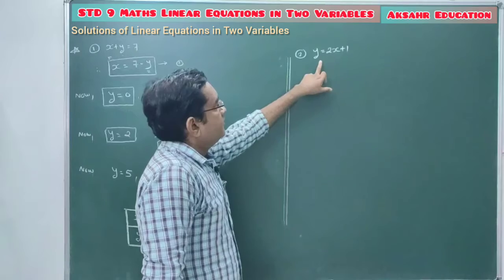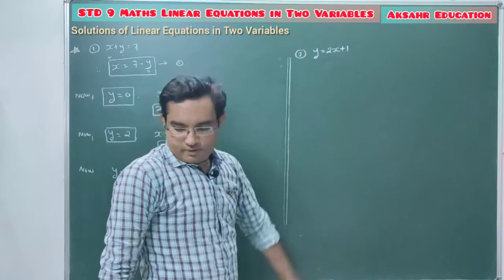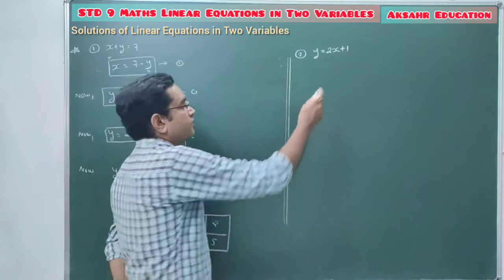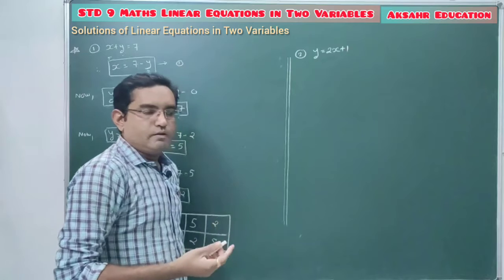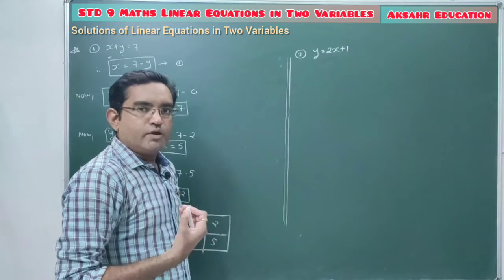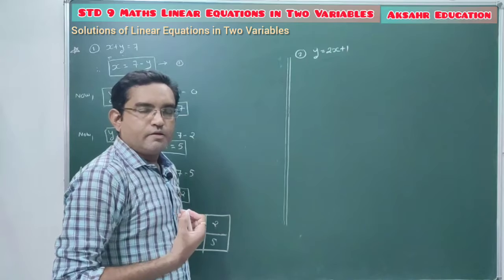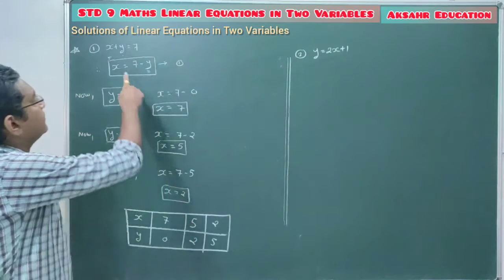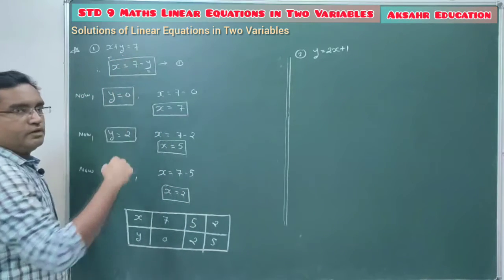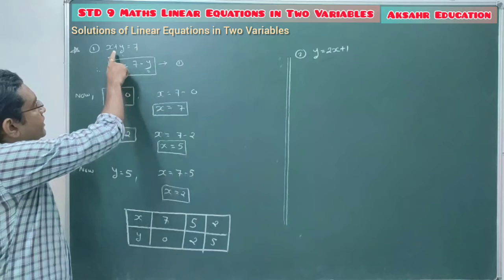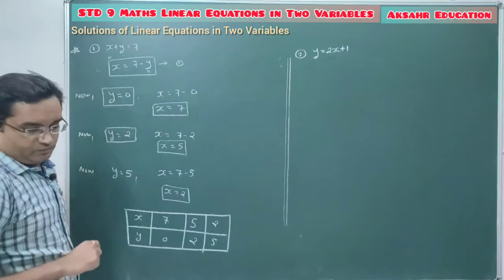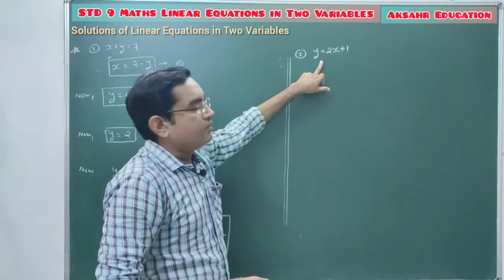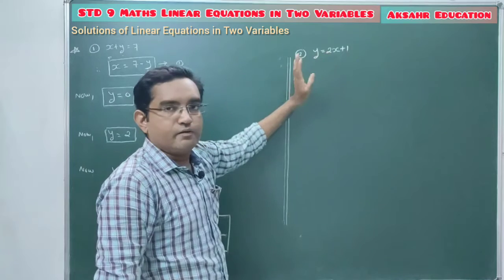Here again one linear equation in two variables is given. The equation is y equals 2x plus 1. This equation is not in standard form. But to find the solution of any linear equation in two variables, the basic requirement is that you write the given equation in the form of one variable. Now consider the first case. There we were given x plus y equal to 7, and our first step was writing that equation in the form of variable x. For this case, our equation is already given in the form of one variable, which is y. So step 1 is already done.